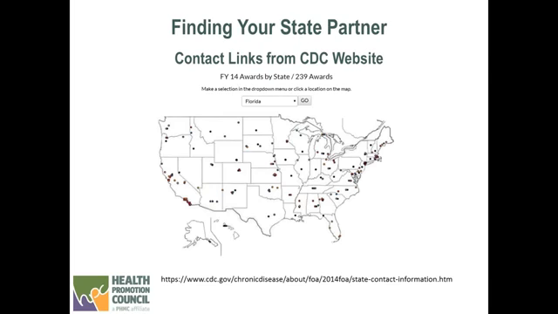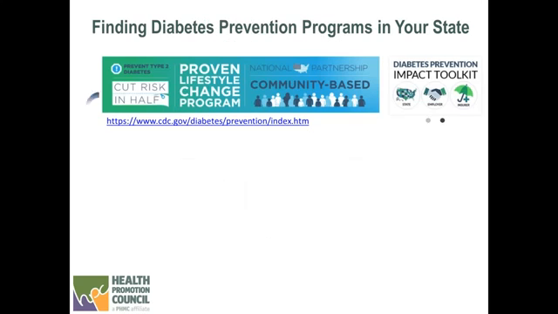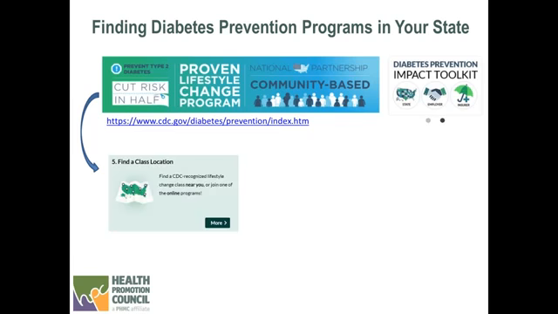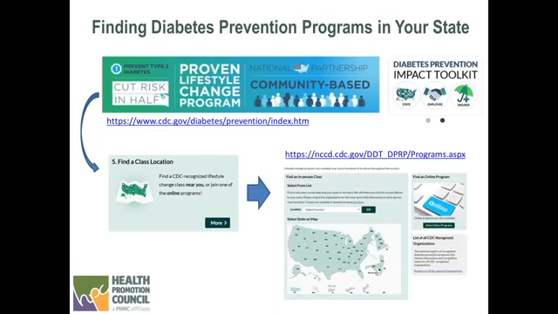How do you find the resources? This is not a perfect site, but it is at least a start. You can go to the CDC and find out who is funded and whether or not you could potentially partner with them. So you have the slide, so you have the link on how to find diabetes prevention programs in your state. This is just a map on how to access what's actually on the website. These are taken, again, directly from the website.